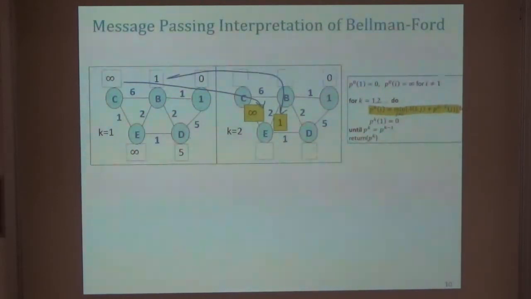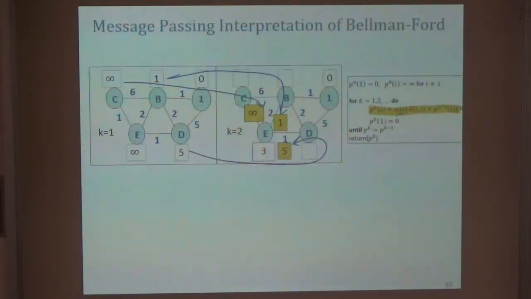Before going to round 2, one interesting interpretation is that of message passing. We can imagine that this algorithm, which again is centralized so far, so we're not passing any message, can be interpreted as if the nodes were talking to each other. So as if C was sending to E the information, my cost is infinite. And similarly, 1 is sending to E the information, my cost is 1,